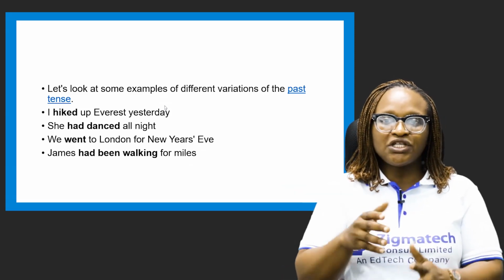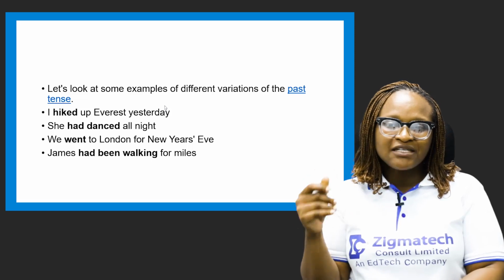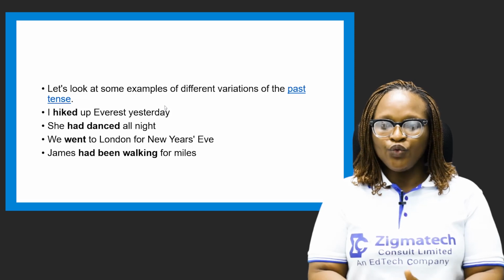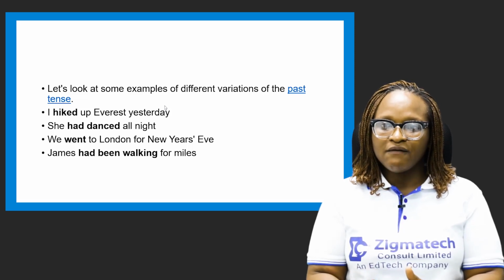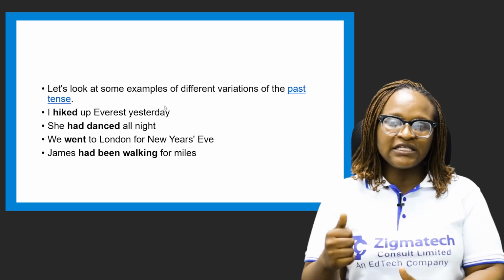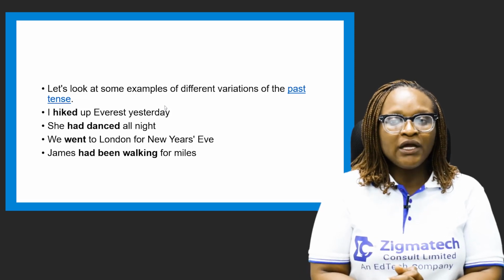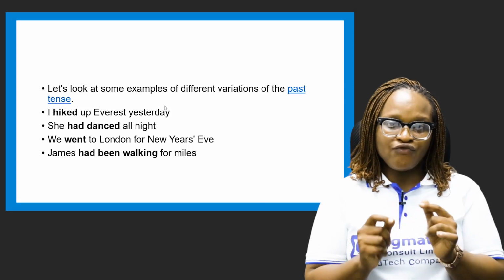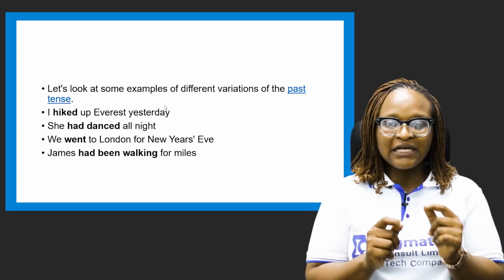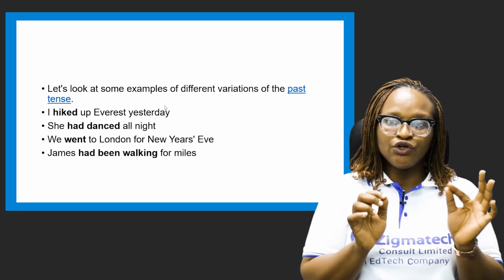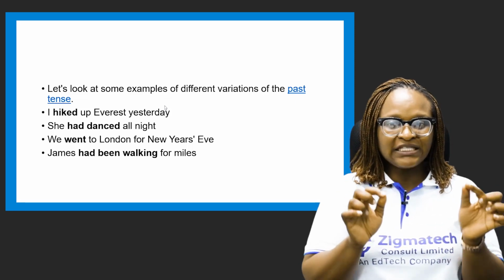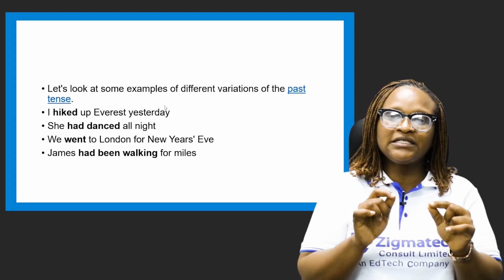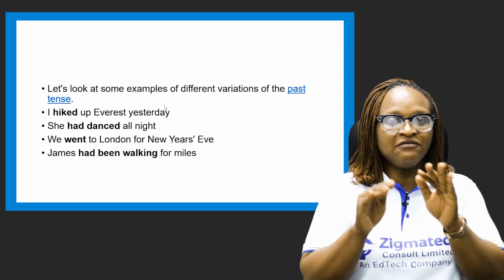Now, the second example, she had danced all night, shows past perfect tense. We went to London for New Year's Eve. Remember when we looked at regular verbs, in a nutshell, regular verbs are verbs that add D or ED to the present form of the verb to get the past and the past participle. And I also mentioned that we have irregular verbs, and I said that irregular verbs are formed in varying